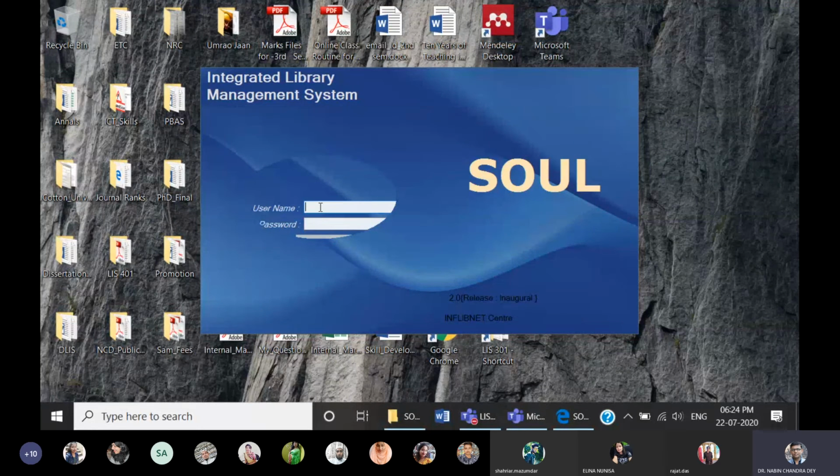Now it is asking me to give the username and password. So here the username is super user. Remember, SUPER USER, that is not SA. Soul SA is for installation purpose. For users using the software, you have to give the username super user, and the password is most probably SU. Super user password is SU. By default, you can change it, no problem, but better not to change it because we change and then we forget.